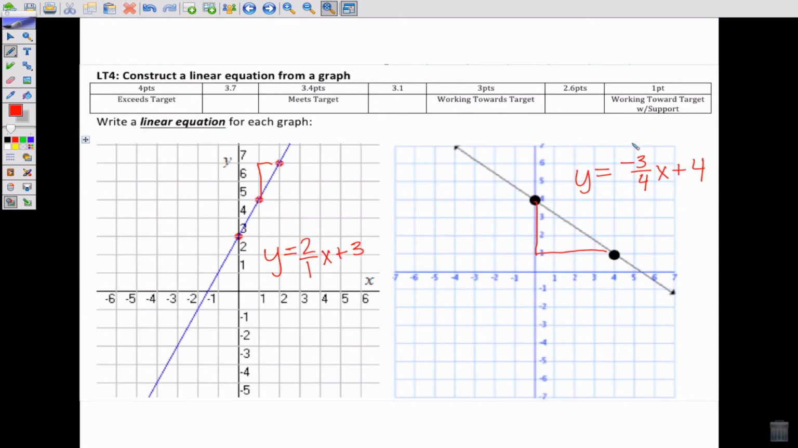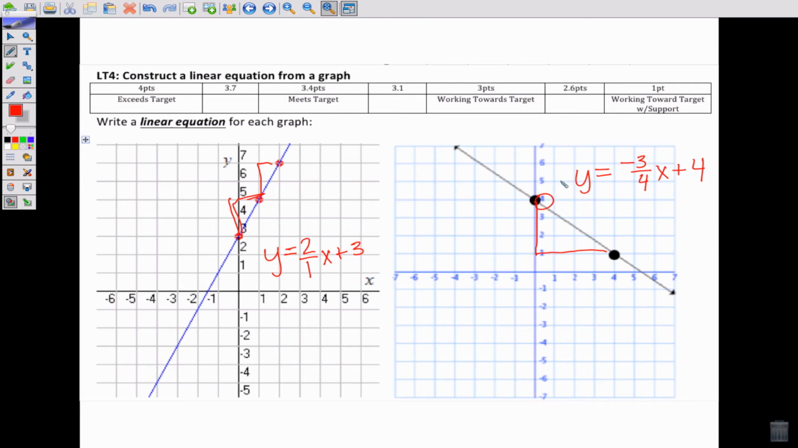Then finally, for constructing linear equations, construct them from a graph. We know the y-intercept is where our line crosses the y-axis, and then our slope is what we go up or down and over to the right. So here we're going up 2 over 1, so we have 2 over 1, x plus 3. Here we're going down 3 over 4, so we have negative 3 over 4x, and we start here at